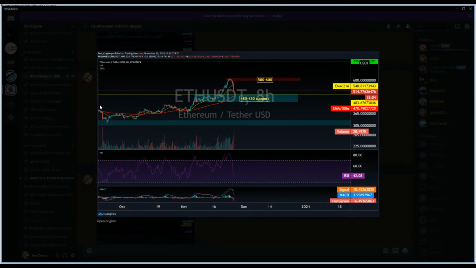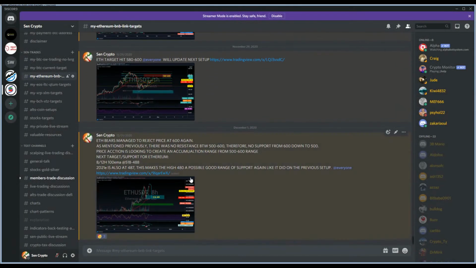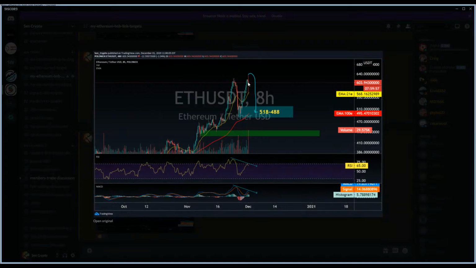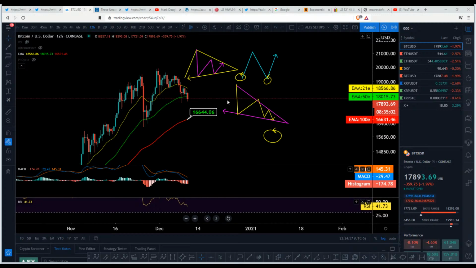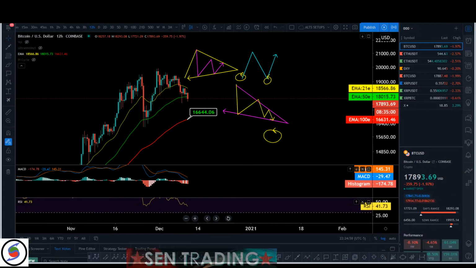And you don't need to do anything after that, right? After that, we got confirmation for a possible dip again down to like 518 to 488. So when did we update it? December 1st. It's almost like 10 days. You basically do your projection, and then you just wait, because you cannot tell the market to do what you want it to do, right?